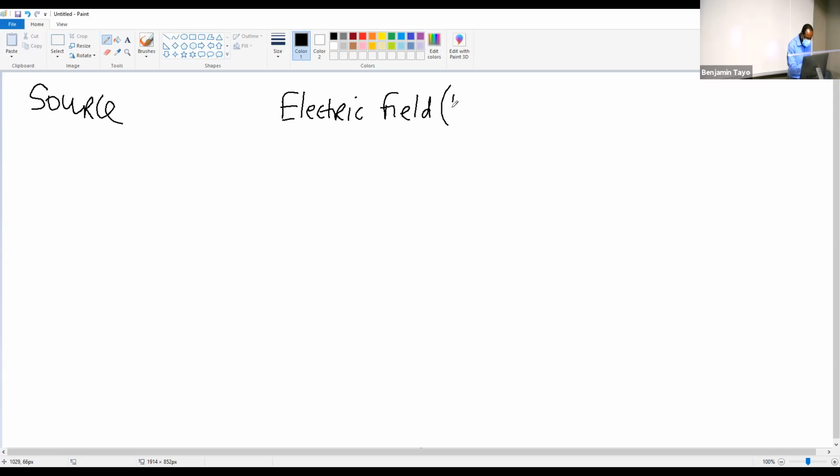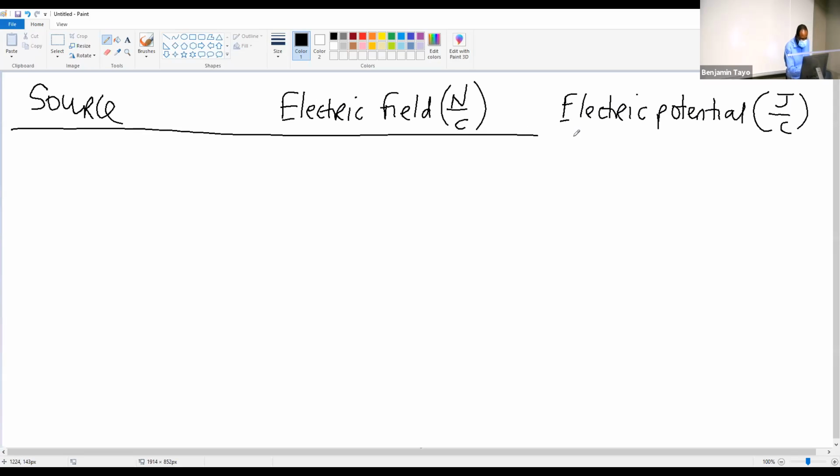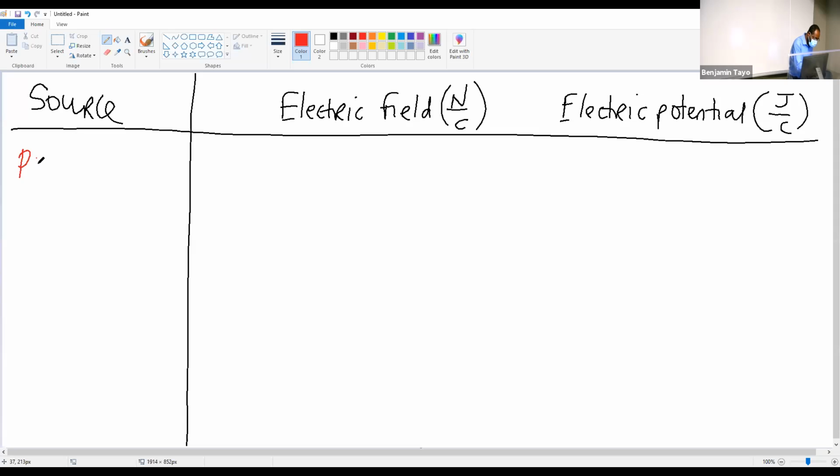Remember that electric field is Newton per Coulomb. Electric potential is Joule per Coulomb. Now I want to make a table here. And in this table, let's look at the source. So when the source is the point charge,